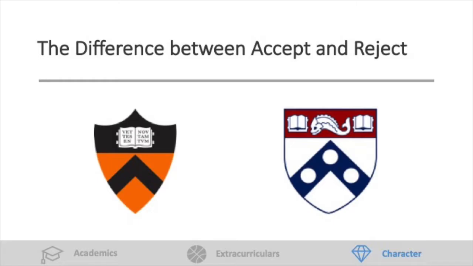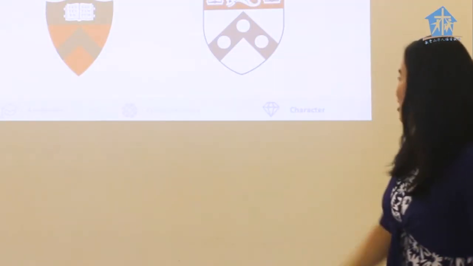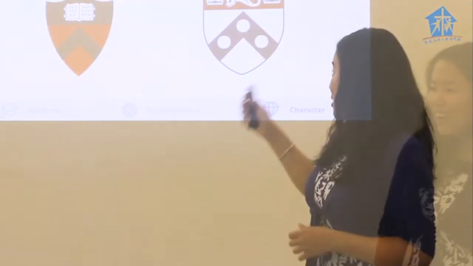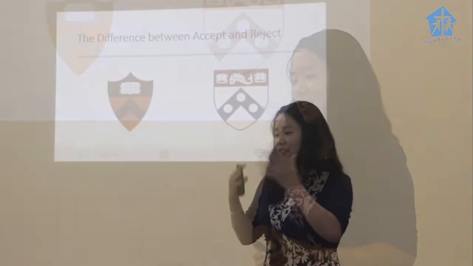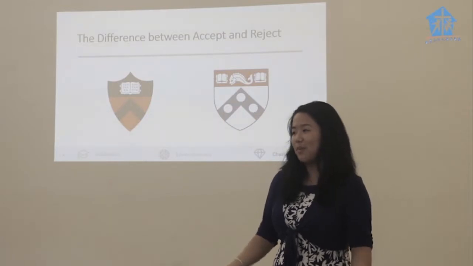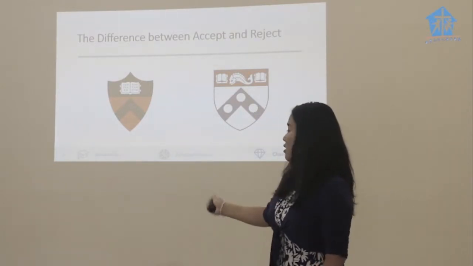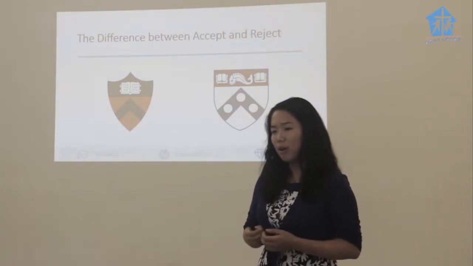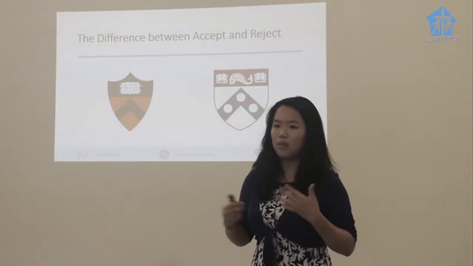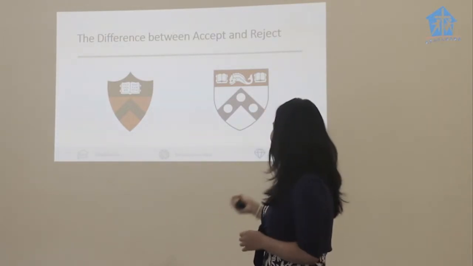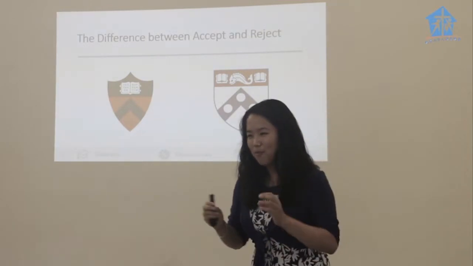First, I'll tell a quick story, the difference between accept and reject. So yes, I got into Princeton, but I also got rejected from Penn. I was encouraged by a member of my family, I won't say who, to apply to Penn. And so I was like, okay, well, I really don't want to. And then this member was like, but you should. So I was like, okay, fine. So I drafted an application, and for the life of me, I really could not figure out why I want to go to Penn. I couldn't answer that question. But I could answer that question for Princeton because I really like their programs, I really like their mission statement, I really like the people that I talked to there. All of these things, but I just didn't fit with Penn.